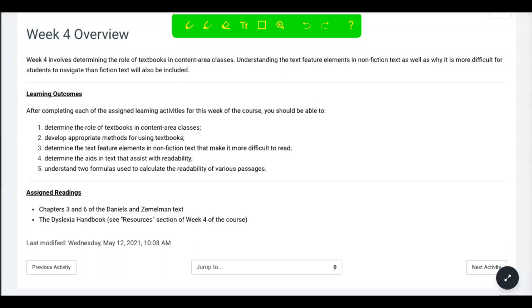By the end of the week, you will be able to determine the role of textbooks in content area classes, develop appropriate methods of using textbooks, determine the text feature elements in nonfiction text that make it more difficult to read, determine the aids in text that assist with readability, and understand two formulas used to calculate the readability of